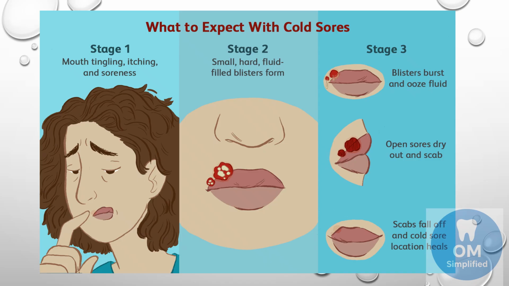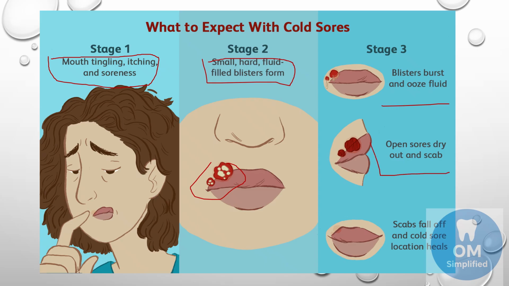So what can be expected? In stage 1, there is tingling, itching, and soreness of the mouth. Then small, hard, fluid-filled blisters form around the lips. Now we are discussing herpes labialis, that is called cold sores. Then the blisters burst and ooze fluid. We can see open sores or scabs in later stages, but eventually the scabs fall off and the cold sores